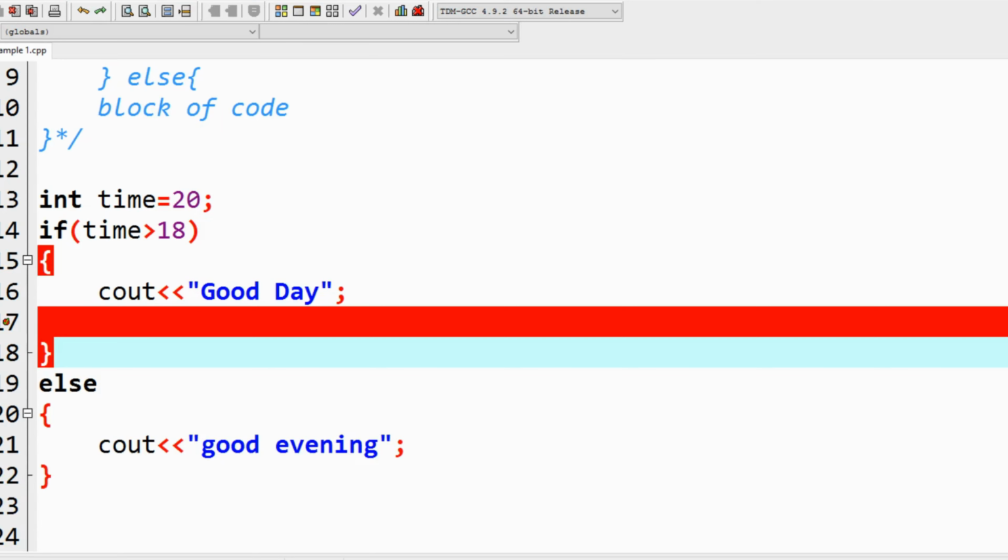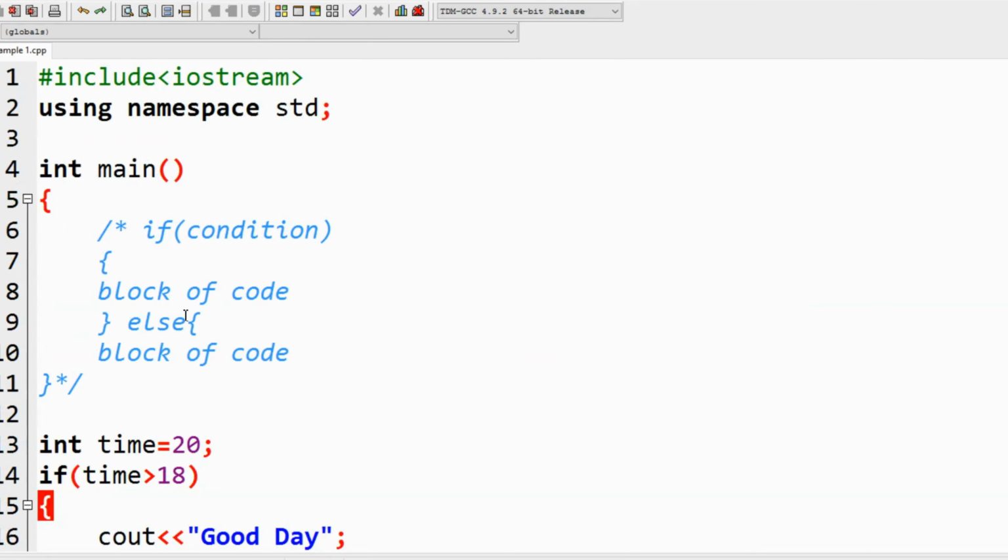Sometimes we need multiple conditions. So there is another statement that we call else-if. We use the else-if statement to specify a new condition if the first condition is false. Let's see the syntax. So we have if condition 1, block of code, else if